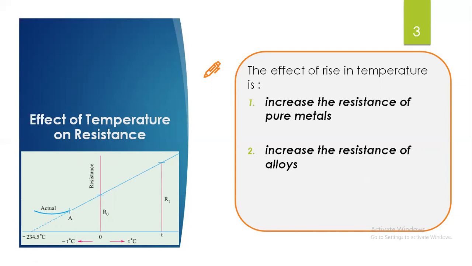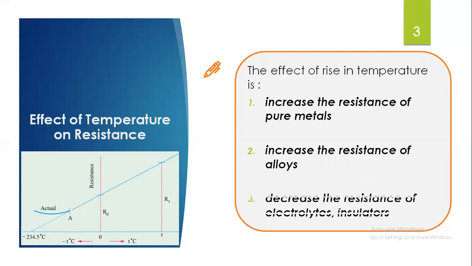The second effect is that a rise in temperature increases the resistance of alloys. If you want to increase the resistance of an alloy, you have to increase the range of temperature. However, for some high resistance alloys like Eureka, which has 60% copper and 40% nickel, and manganese, the effect is negligible over a considerable range of temperature. This is the second effect. And the third one,